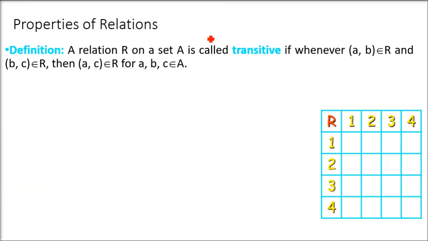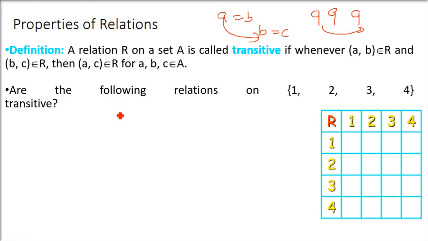Now there is another property which is called transitive. A relation R on a set is said to be transitive if A is related to B and B is related to C, then A is related to C. That is, if your height is equal to your brother's height, and his height is equal to your uncle's height, your height is equal to your uncle's. If (A,B) is there in a relation and (B,C) is in the relation, (A,C) should also be there. This is the simple thing you have to do.